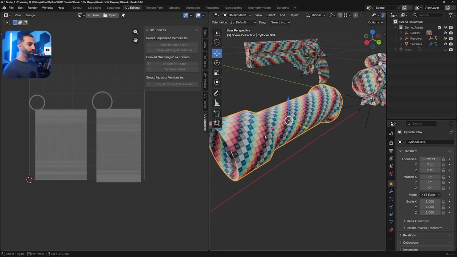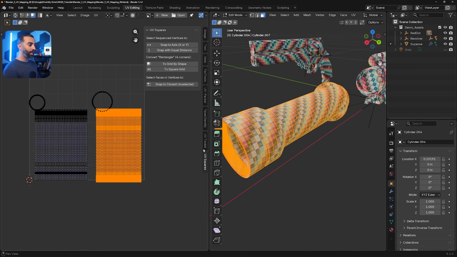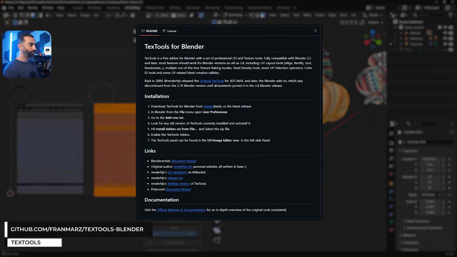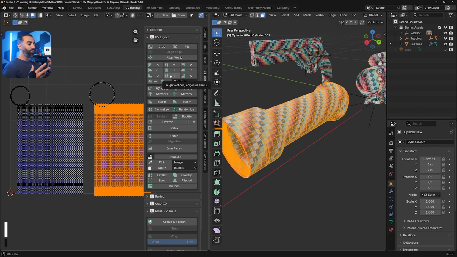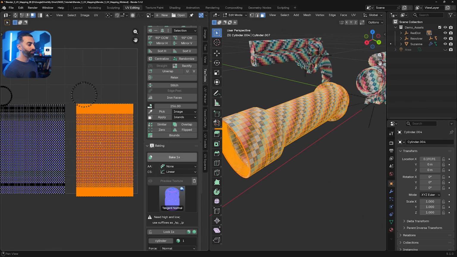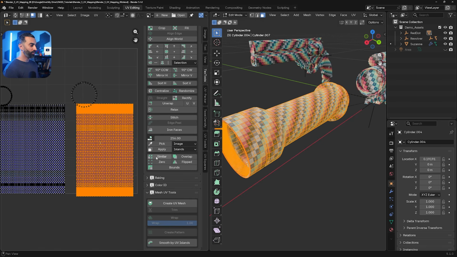And then finally, another tool that I've used a lot up until I started using UVToolkit, which is TexTools. TexTools is super nice because again, it has all the core generic tools that you would need for UV mapping. If you prefer this layout, give it a shot, and it gives you pretty much everything that you would need to UV map. And it also includes a bunch of other tools and features, like if you wanted to do a high to low bake, if you wanted to set up color IDs, and one of my favorites, which is this